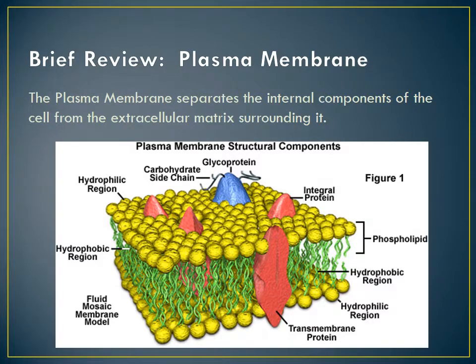Brief review from the last lecture. The big point of the plasma membrane, this thing composed of phospholipids and stuff, is to separate the inside of the cell from the outside of the cell. It lets you have an inside and an outside, an internal environment and an external environment. It's also good for